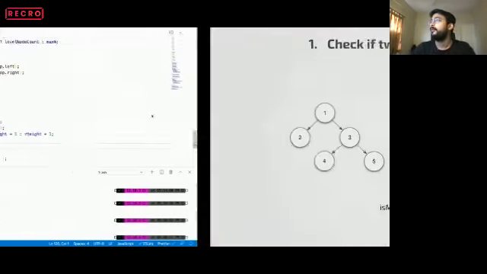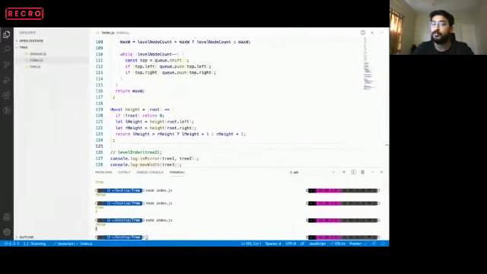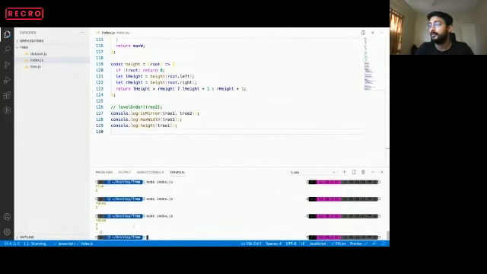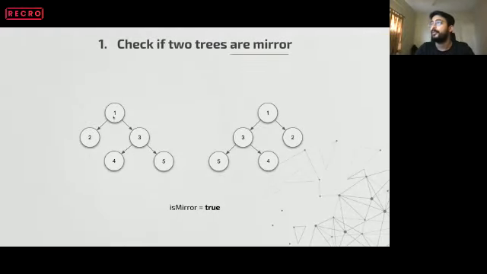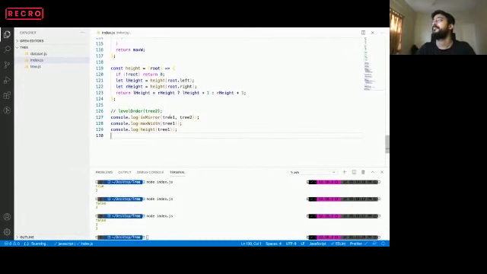So when we were on root, we computed the left height, we computed the right height, and then we decided which one is greater. Let's say for this case, this was greater, then we are adding 1. So it's a post-order solution. Let's try to find the height of a tree. console.log height of tree 1. Height of tree 1 is 3. So this was our example 1, 2, 3, which is right. Yeah, that's all over here.